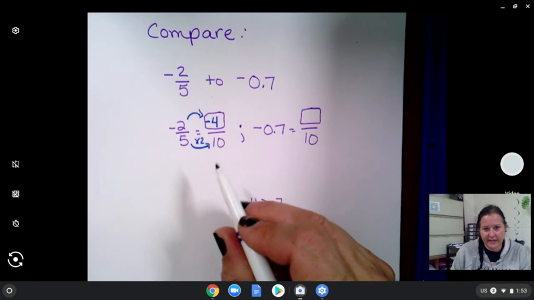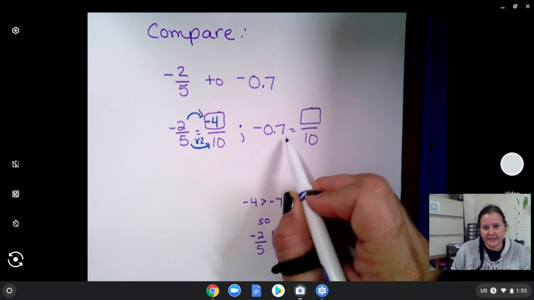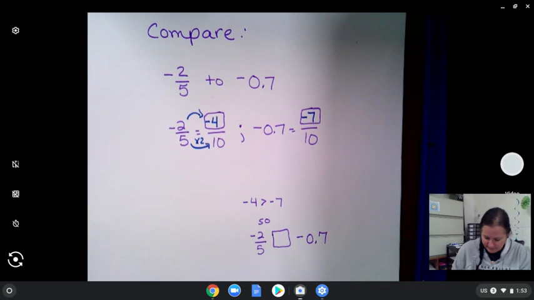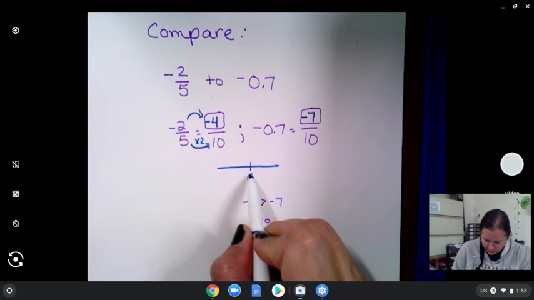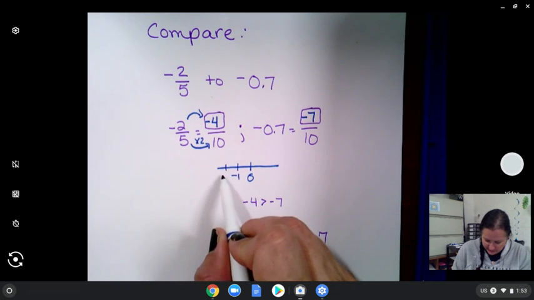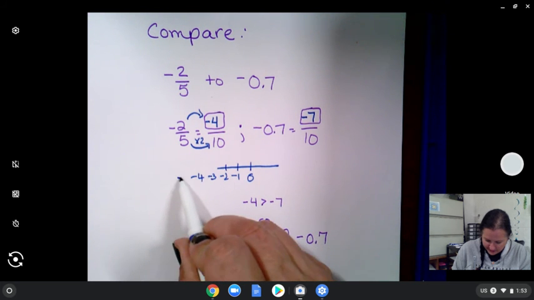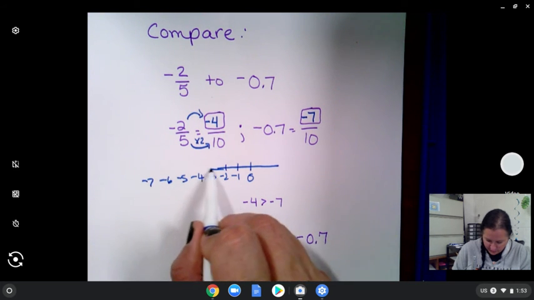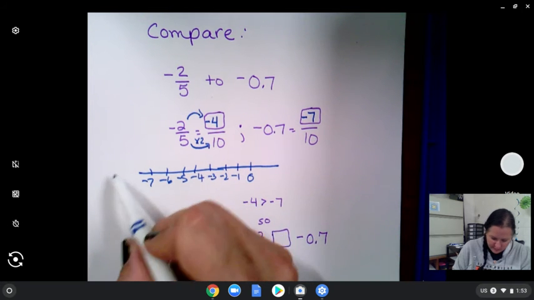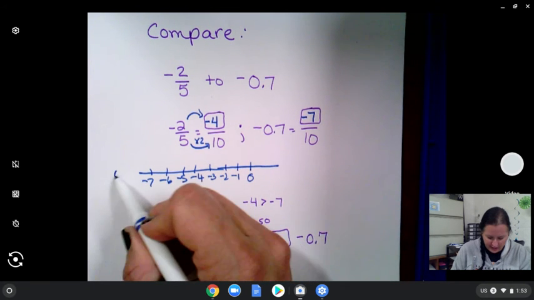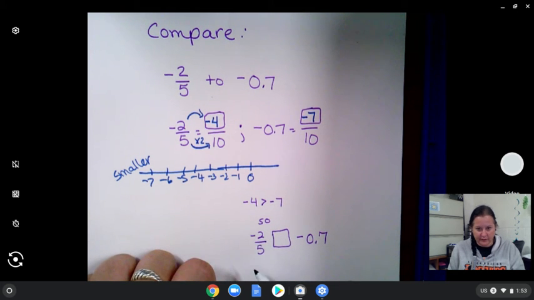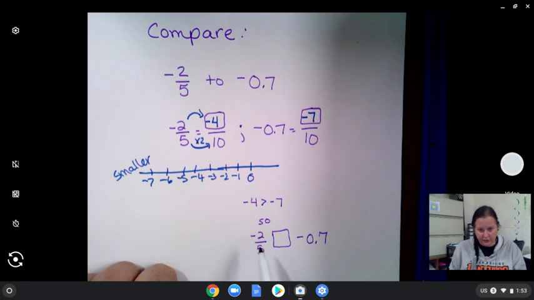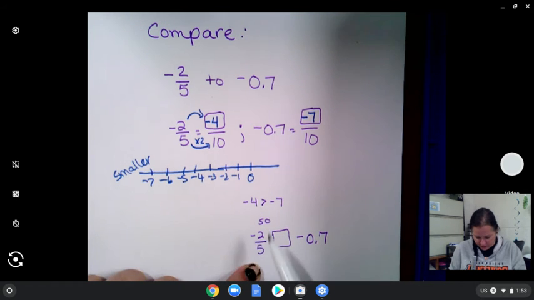All right, then I have a -4/10. This one is a -7/10, so I'm going to put my -7 up top. And I know that a -4 is greater than -7. So here, if I show you on a number line, this would be a -1, -2, -3, -4, -5, -6, -7. And we know that the numbers further to the negative side are smaller. So the -7 is smaller than the -4. Therefore, -2/5, this is the one with a -4, -2/5 is greater than